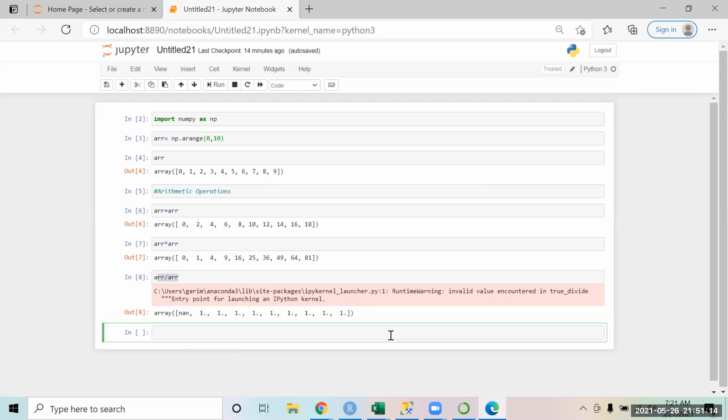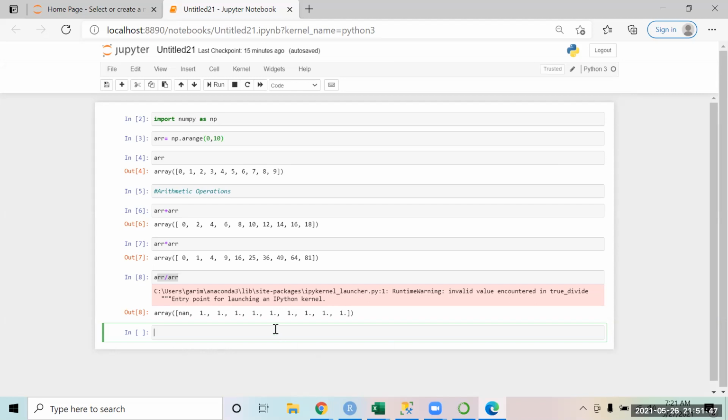Let's try this out. And then you have some arithmetic functions as well which you can use with this. One function is square root.